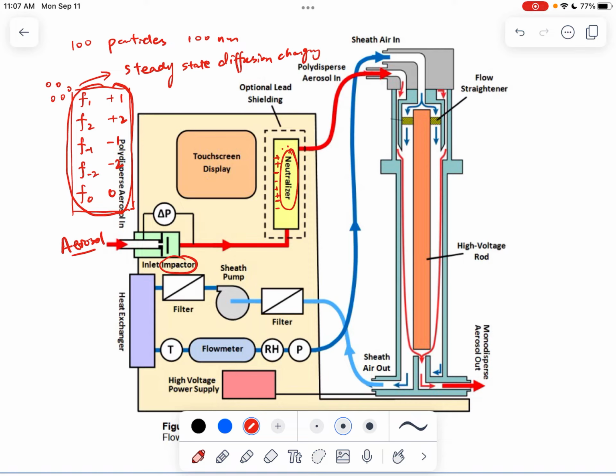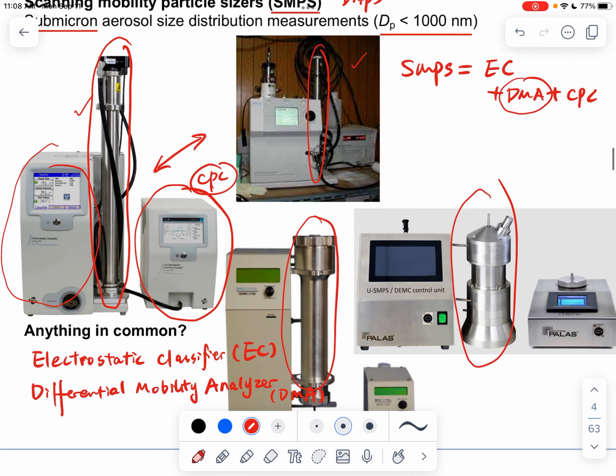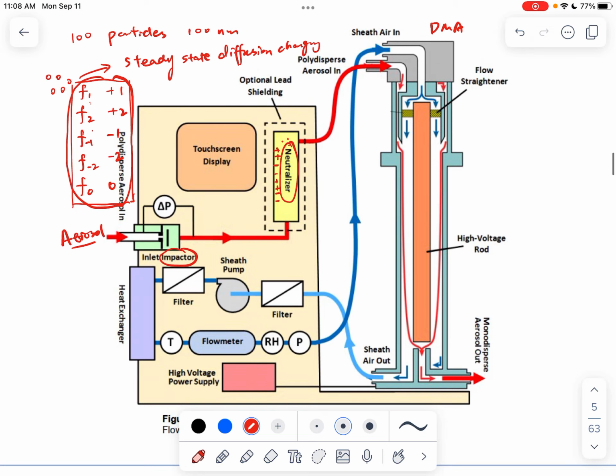So they're still having this uniform charge distribution, right? Sometimes people will also call the neutralizer the charge conditioner. Basically, it preconditions the charges onto the particles so that we know the fraction of particles carrying certain charges. Okay, so after the neutralizer, the charge conditioned aerosols will be introduced